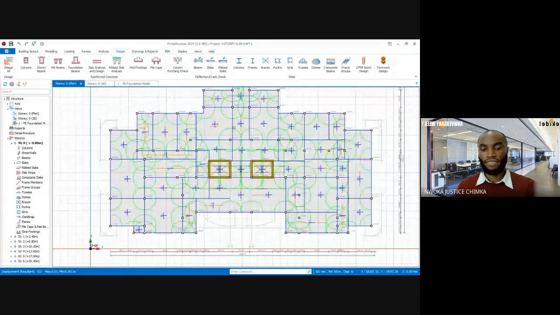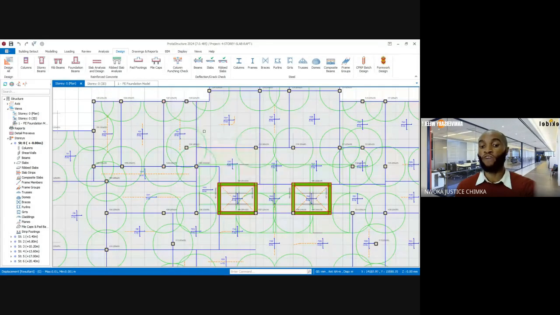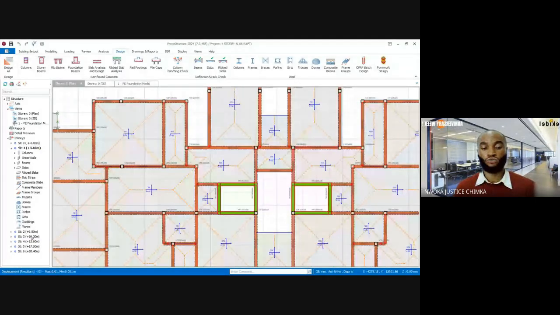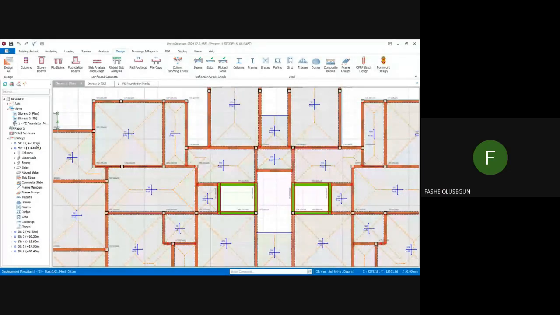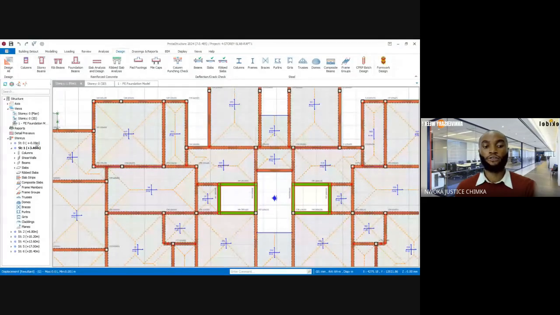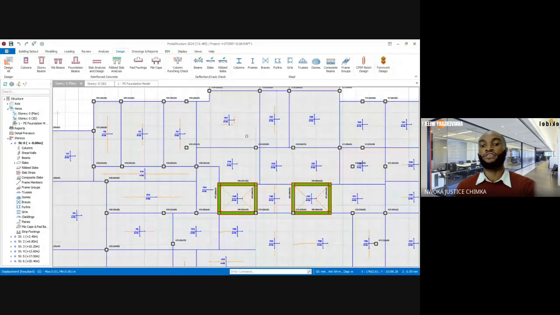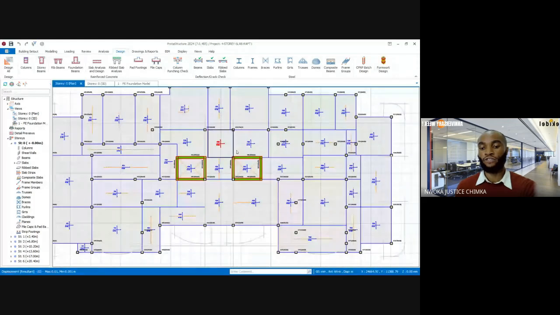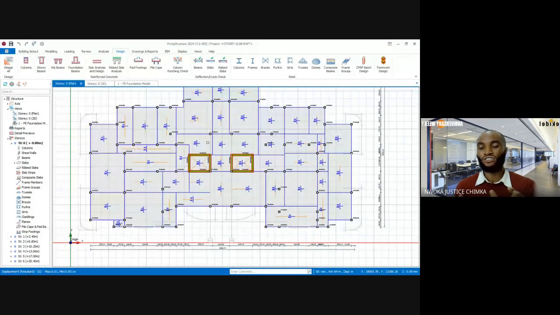Okay, that's fine. Now once you change, what you're seeing now will not be there forever. Let me say, once you change to story 1 now, and come back to story 0, most times all this punching stuff you're seeing will just vanish. It will just go off. So if I go to story 0 now, you can see you won't see it again. So whatever you are doing, like studying that punching, make sure as soon as you're done with the punching check,